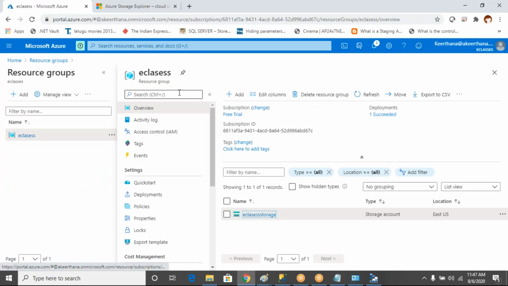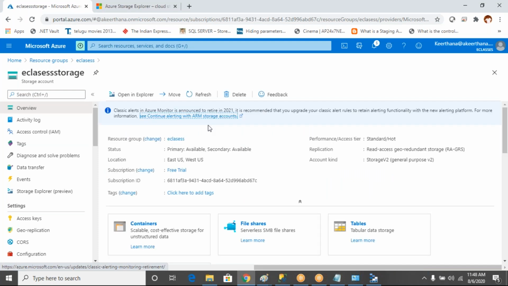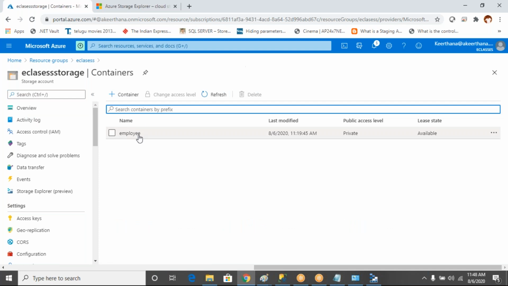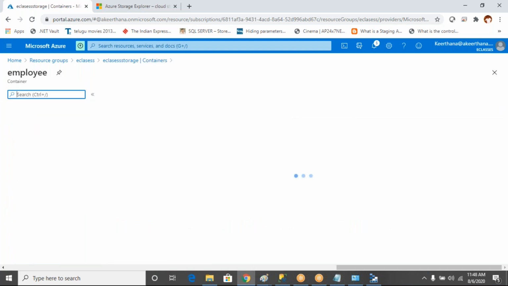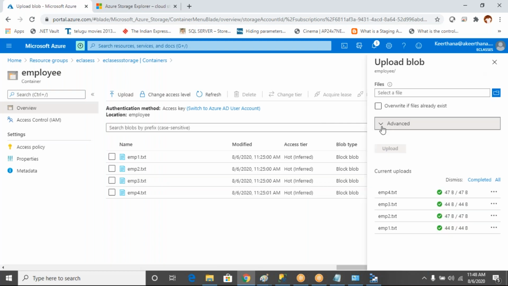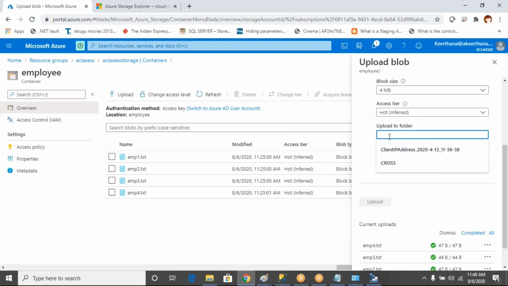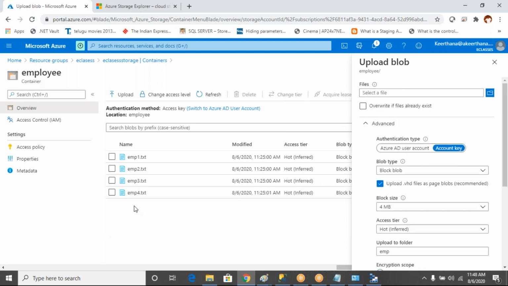Under this particular storage account, under this container, when I'm going to upload the files, it will ask which folder to upload the files into. That folder name you can give over here. See here, upload to a folder. Then what is the folder name you want to give? If I give emp folder and select the files, it will create a folder and upload the files into that